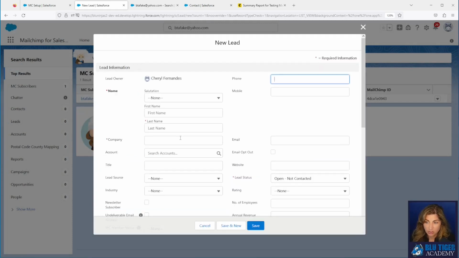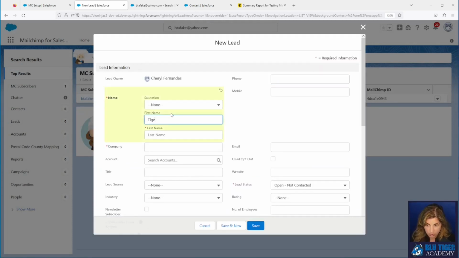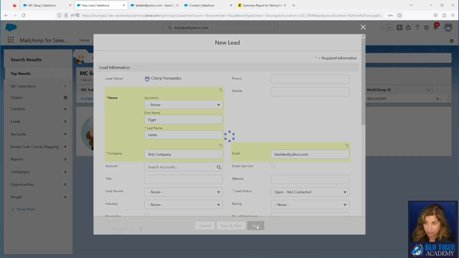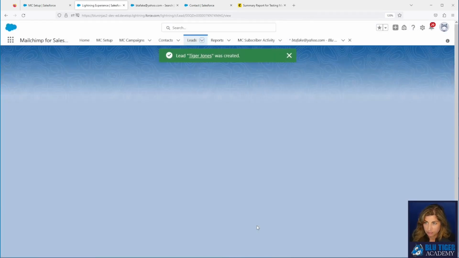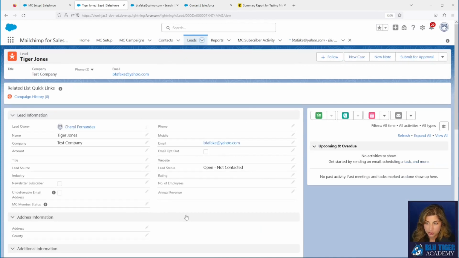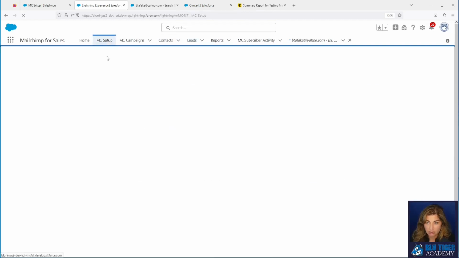So this is one thing that you'll want to make sure that you do: if you have people who exist in MailChimp that don't exist in Salesforce, and you don't want them to come in as leads because maybe they need to be contacts, you will need to import them. Okay, so we've got Tiger Jones in here with the email address. So let's go ahead and run our sync again.